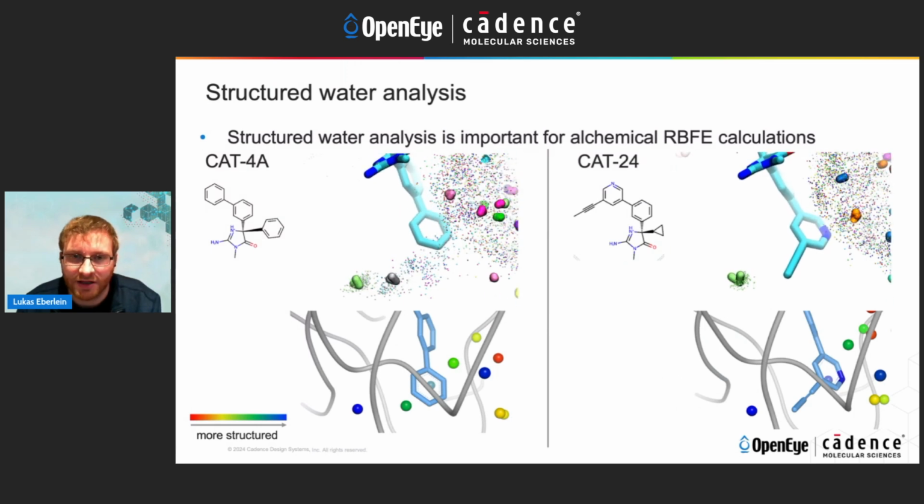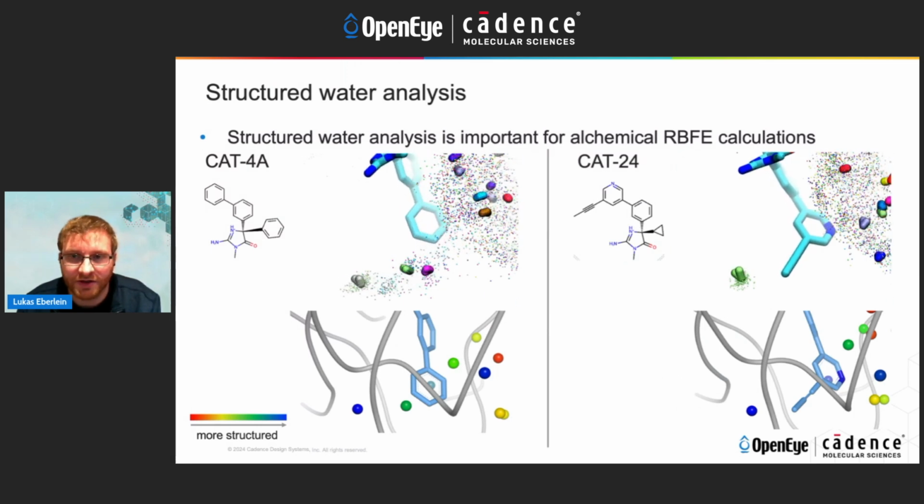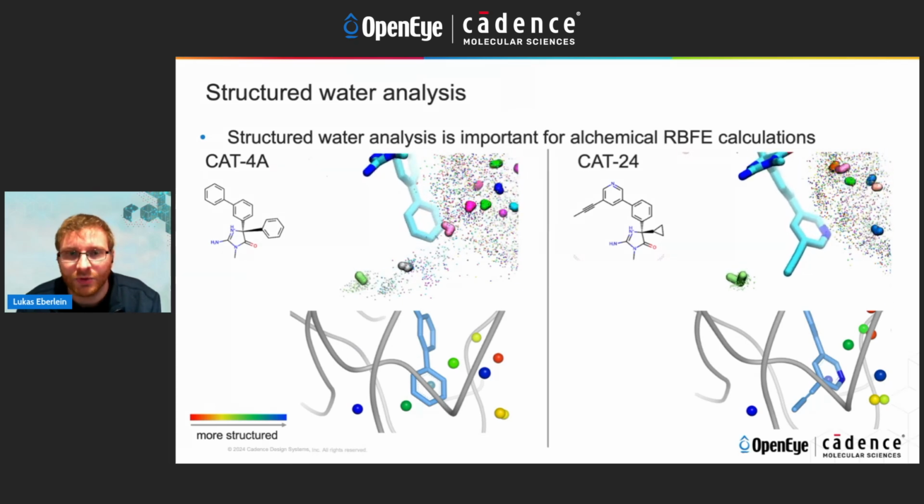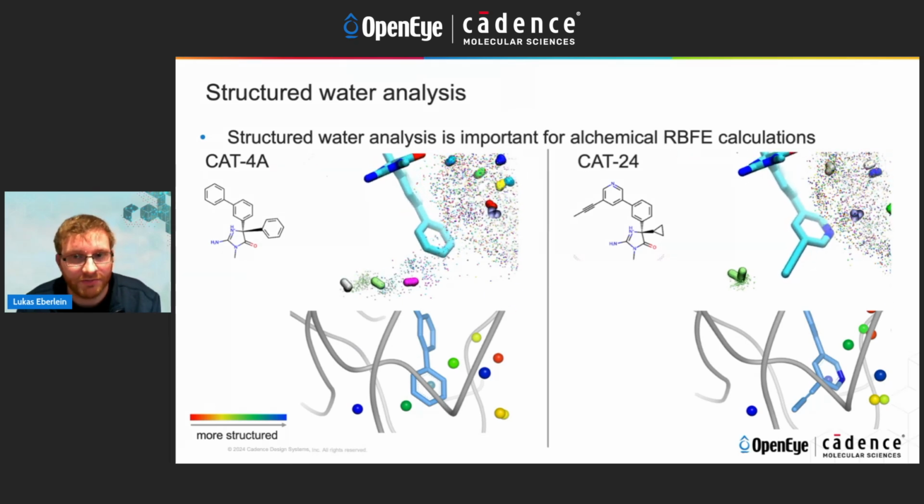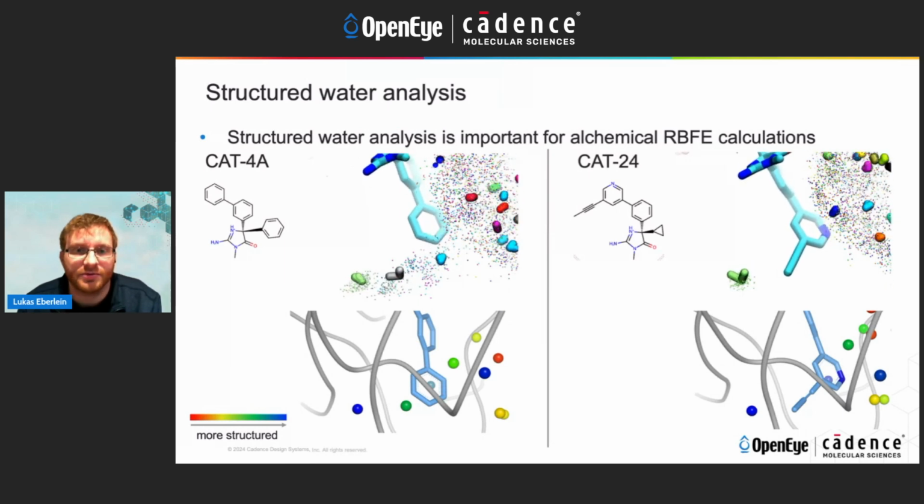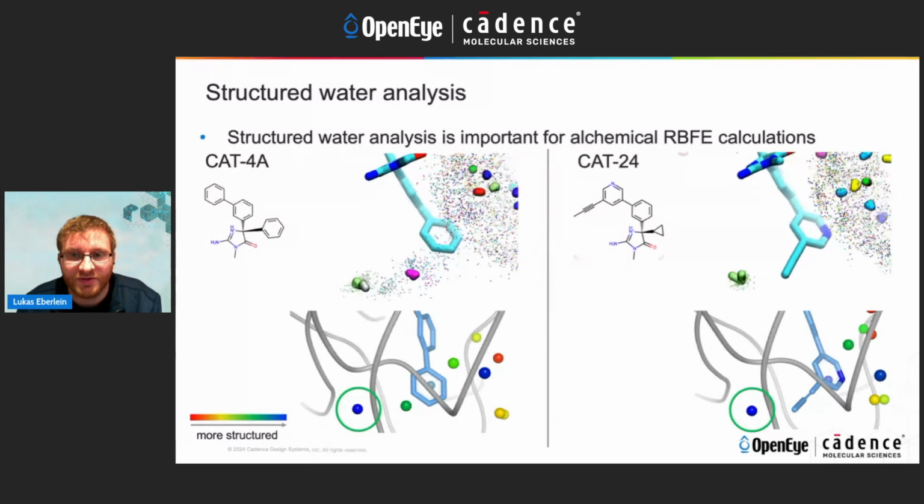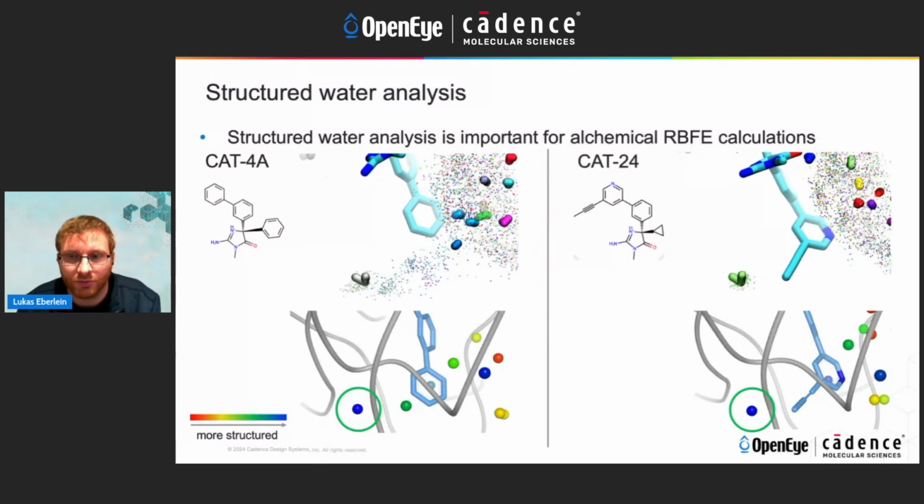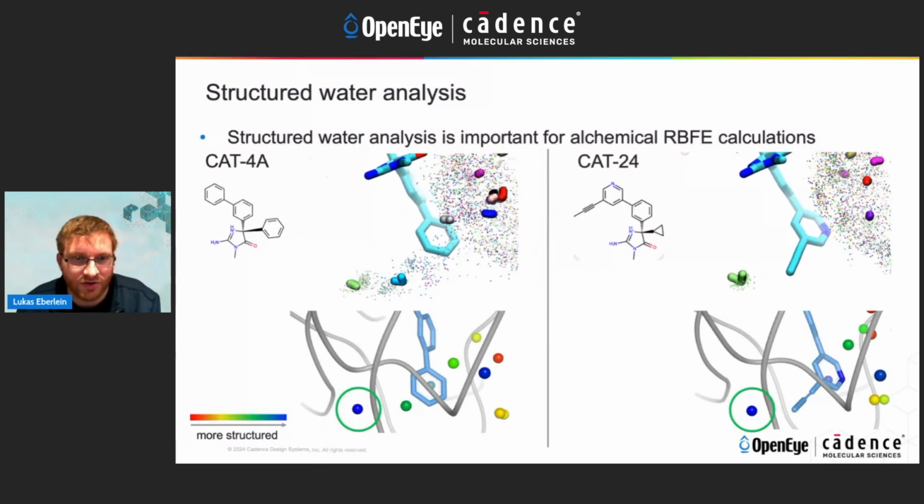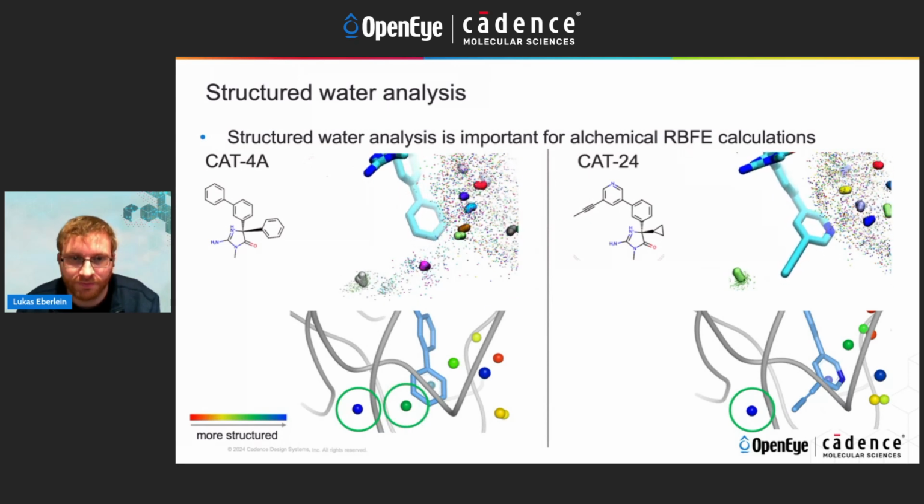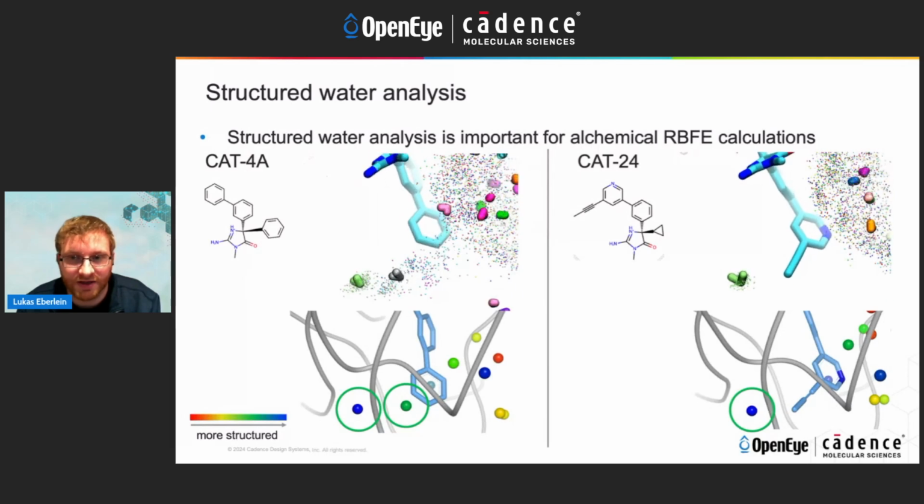Not only bad alignments are problematic for RBFE calculations, also the role of water is very important to consider. Here we have a structured water analysis from an MD run and 2 ligands of a congeneric series. In the static representation on the bottom, we see that we have a common highly structured water in both systems. On the left side, we also see a different, less structured water. If we transform the ligand from left to right, we can trap the less structured water